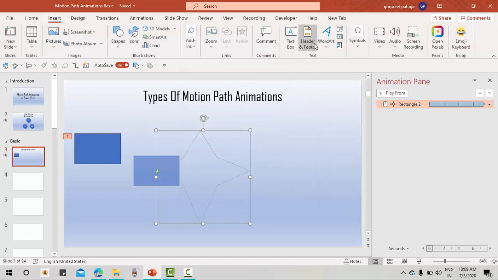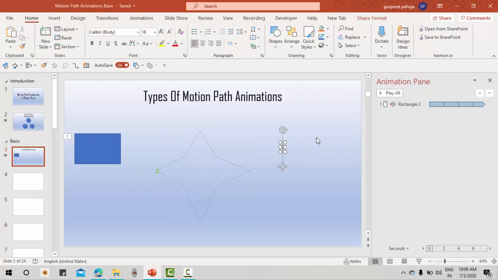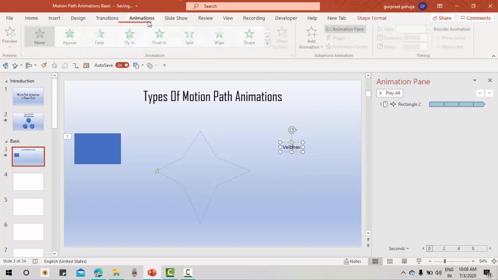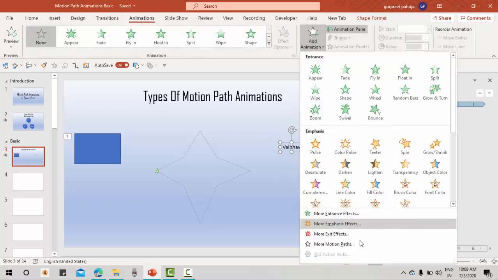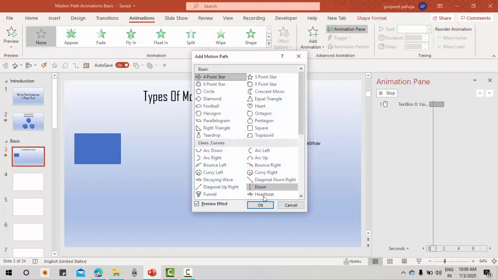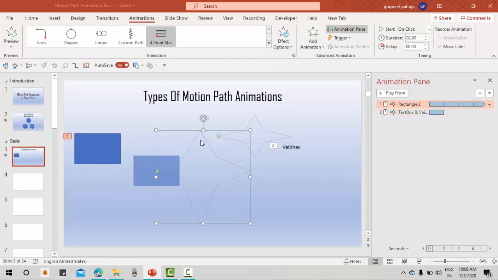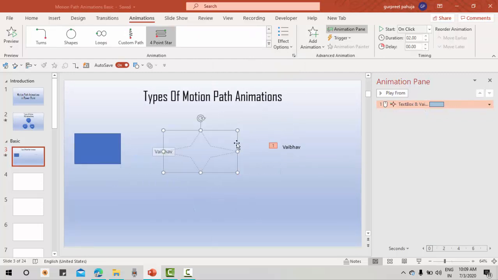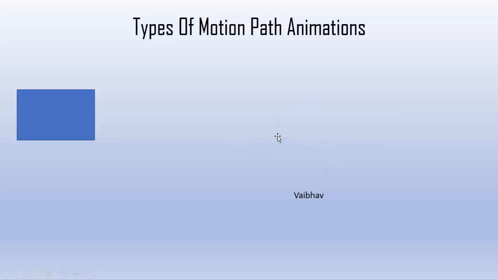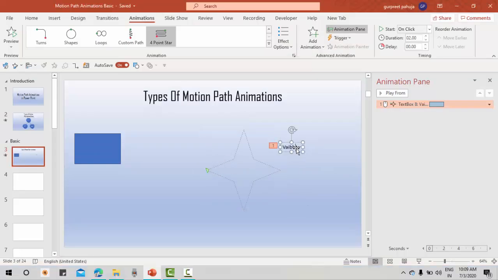So you go to insert, text box, click it here. I'll just type a name. I will click it here, animations, add animation, more motion path and 4-point star. So I will delete this animation. See how it will happen. So if you have more than one name, maybe